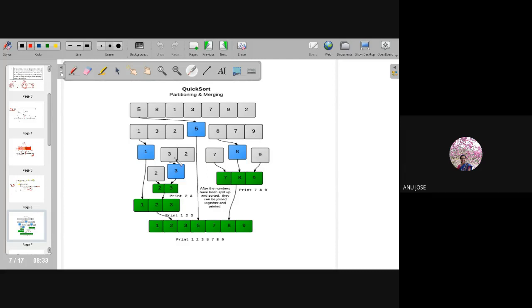Okay. So again this is one single element, that is the smallest problem. This is again one single element, smallest problem. This is also one single element. This is also one single element. Only here I am having 2 elements together. So this is again acting like a subproblem.